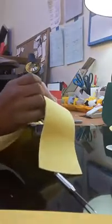Okay. So let's start again with the hot glue. Let me get some more glue because I am running out. Okay. I start little by little just so I don't end up with the glue getting cold. So take your little mark that you made on there and stick it right in the middle. If you don't do this, you're going to end up with it not going correctly all around, because it's not going to be the shape, and then you're going to end up with one of these flaps being either shorter or bigger than the other one. So you have to make sure you mark your middle